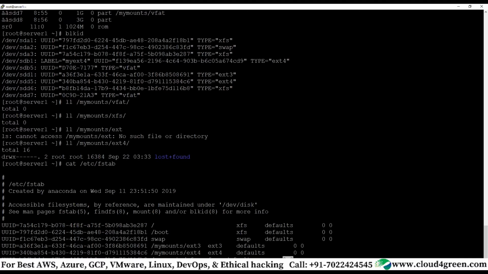On top of this logical volume, we create a file system, whichever one we just saw: ext2, ext3, ext4, or XFS. On top of this, you write your data.